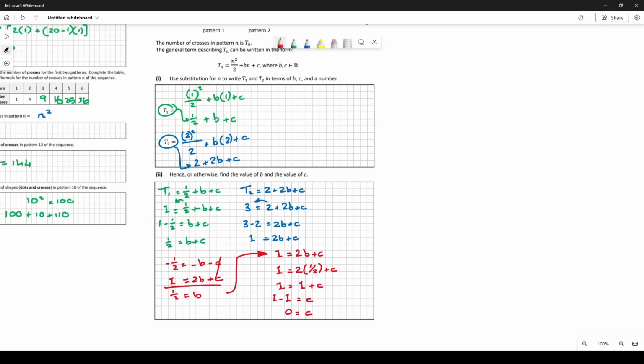That's what we did. Sometimes they'd say rewrite out the original guy and you will lose marks if you don't actually. Now not here, but you will lose marks normally in the other way of writing it, if you don't go back and then write out the guy, but instead of B, put in your half that you found. So you could say like this, and then instead of C, put in your plus 0, which you can do, or because it's 0, you can just leave out entirely, and that is the answer. Okay,